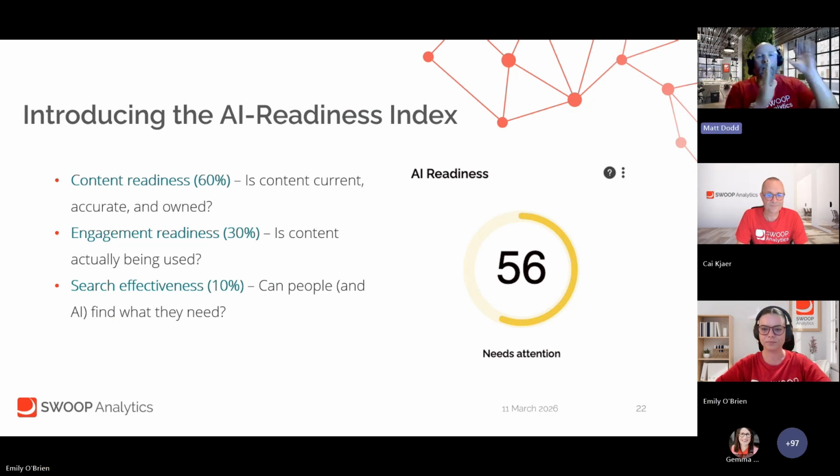Yeah. So I think there's been lots of chat about what do we mean by readiness? Is it something that's about people using AI to generate content? And obviously, hopefully you see, for what we're talking about in this context, we're not looking at that. That is something that's still sort of floating around what we do. But this is really about making sure that the content is well governed, is accurate, current, valid, up to date,